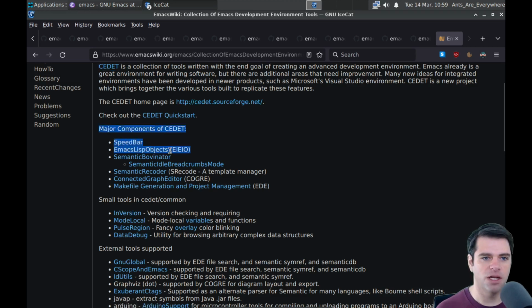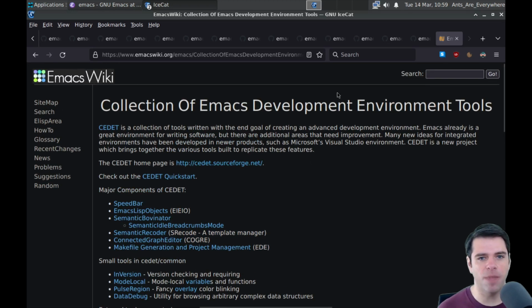Main components of CEDET are Speedbar, Emacs Lisp objects, EIEIO, the Semantic bovinator, and Semantic Recoder. Okay, so this is CEDET stuff. I'm not sure what the status of something like CEDET is now. A lot of, for IDE-like features,